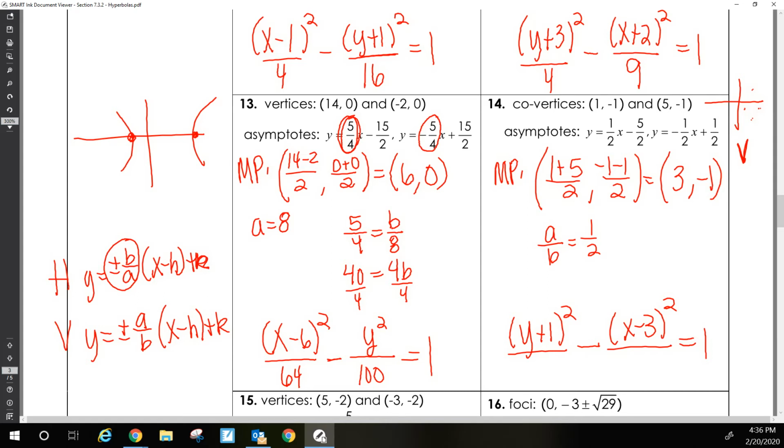Well, we know a. Do we know a? No, we know b this time, right? Because these are co-vertices. The distance between 3 and 5 is 2. So my b value is 2. B squared would be 4. The b value is 2. 2 times what gives you 4? 2. So 1 times 2 would be 2, right? So 2 squared is,